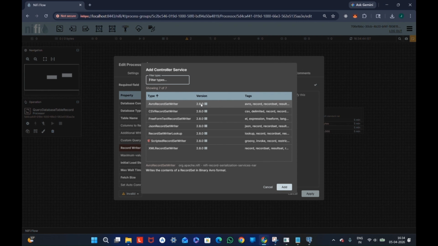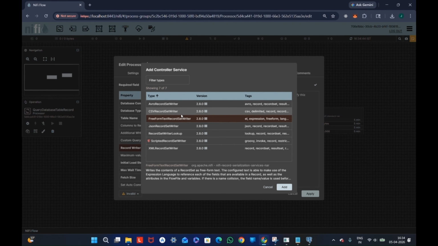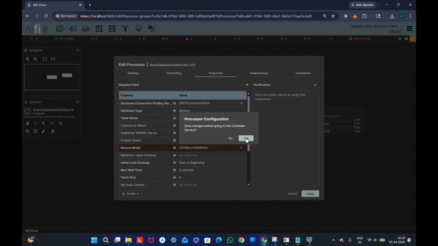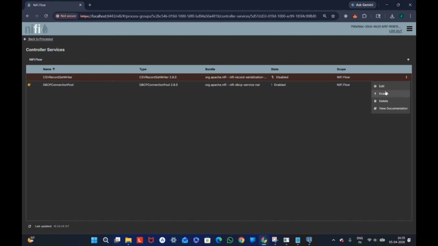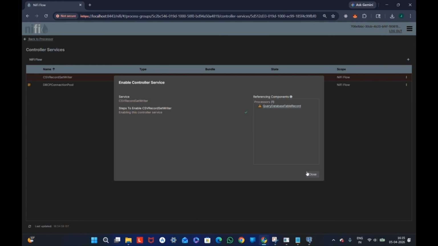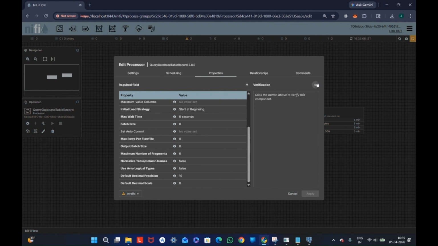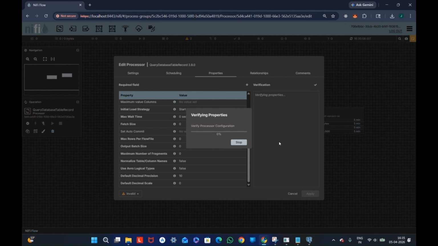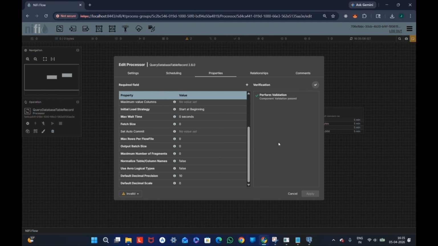Apache NiFi allows us to convert the data into formats such as CSV, JSON, or XML, etc. For this demonstration, I will use the CSV record set writer. Select CSV record set writer and click Add. After adding it, go to the controller service and enable the service. Now move back to the processor and click verification. There we can see that the configuration is validated, which means all the properties we have given have passed the